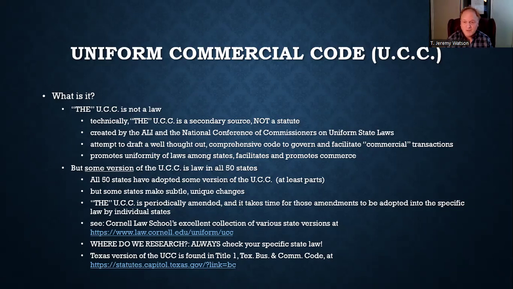The Texas version of the UCC is very easy to find. It's found at Title I of the Texas Business and Commerce Code. So anytime you're looking for the UCC, as long as we're here in Texas, right, you want the Texas version. In fact, I probably won't keep calling it the Texas UCC. We'll just talk about the UCC. But understand that normally in this state, we're probably talking about the Texas version of the UCC. And so you need to be able to find that. It's Title I, right at the beginning of the Texas Business and Commerce Code. If you can just remember that the Texas UCC is in the Texas Business and Commerce Code, then you can find it every time because it's right there at the beginning.